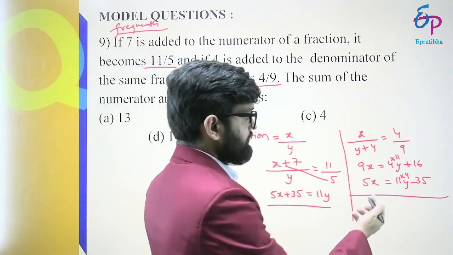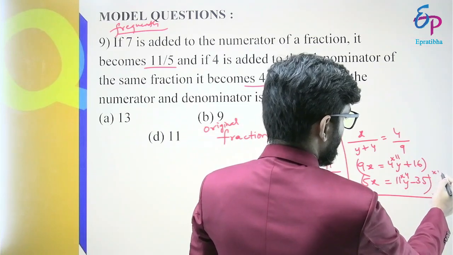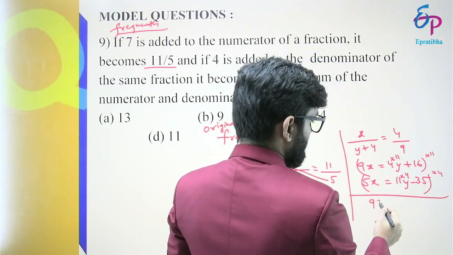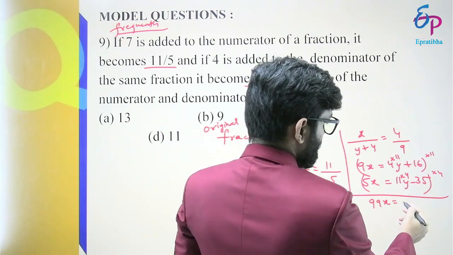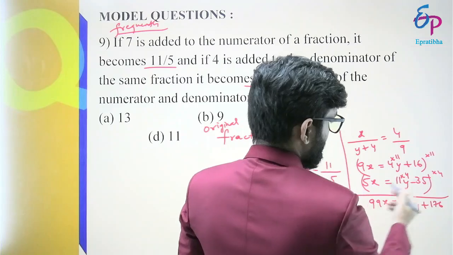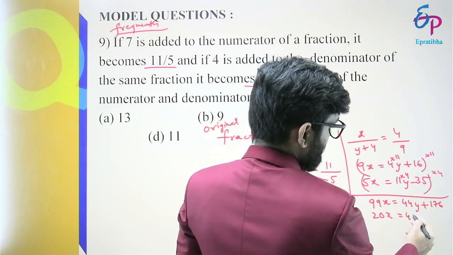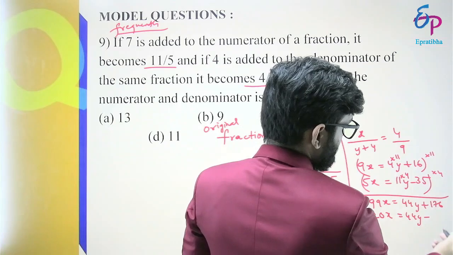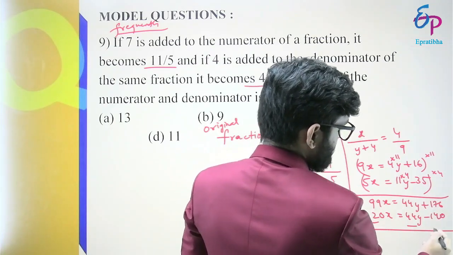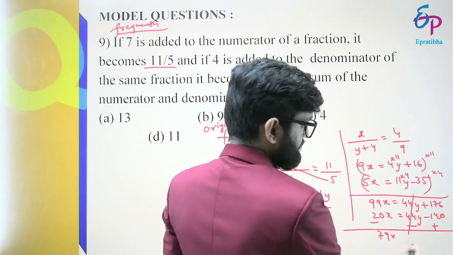So 11 nines are 99x is equal to 44y plus 176, and this is 20x is equal to 44y minus 140. That means the 44y cancel. 79x is equal to